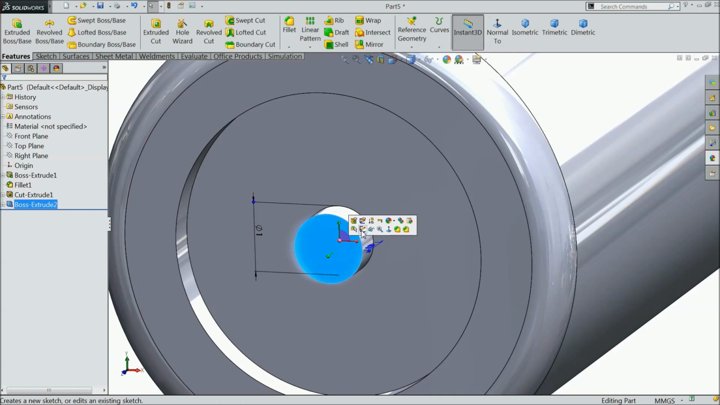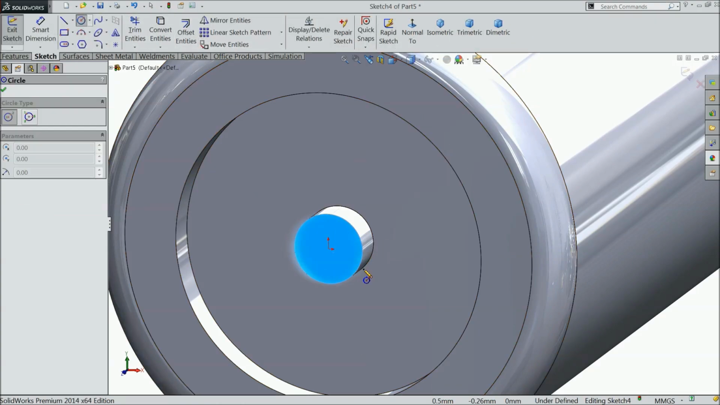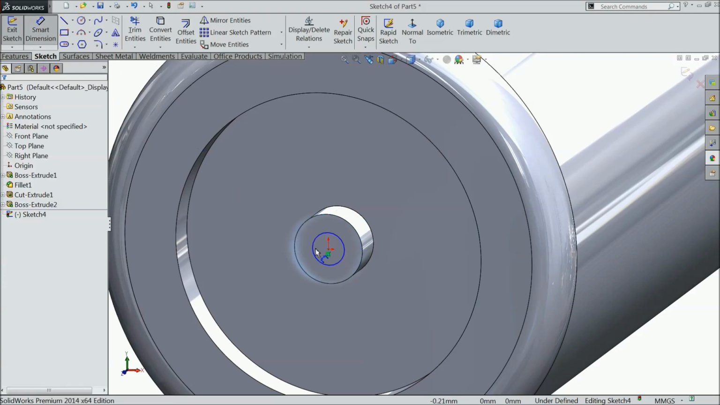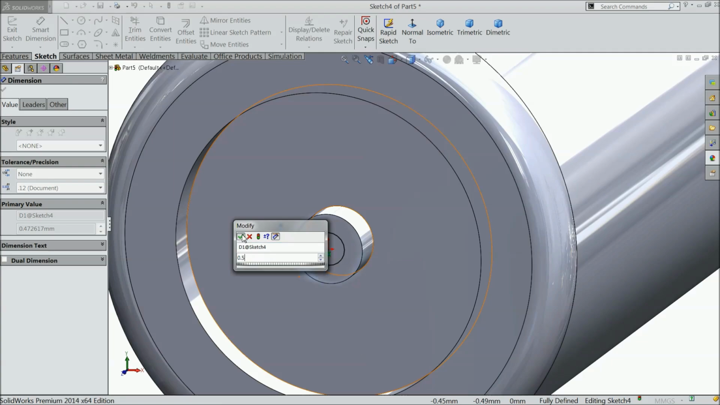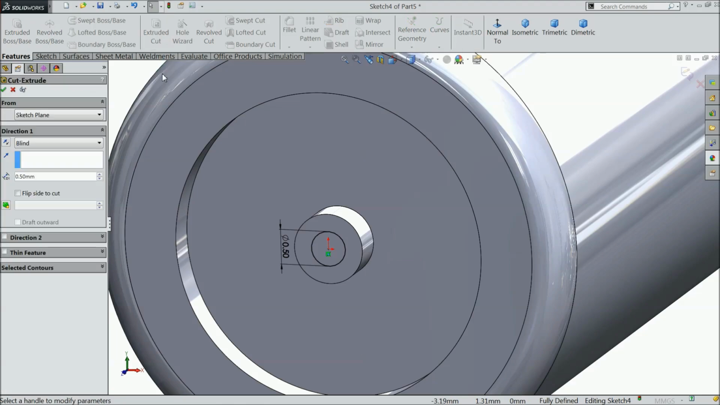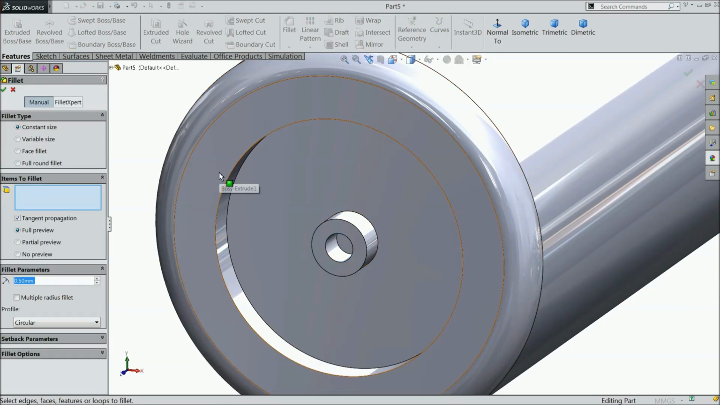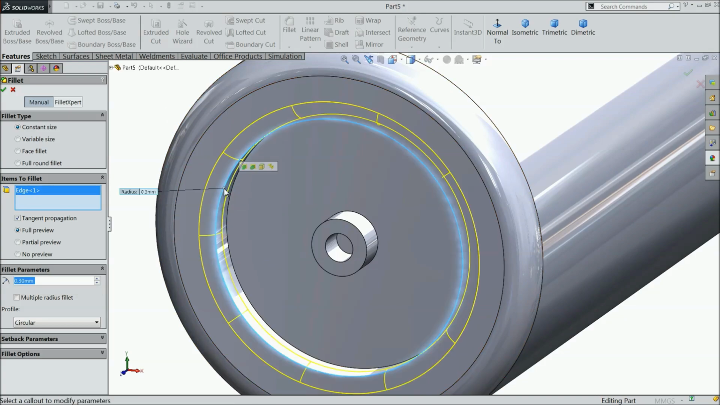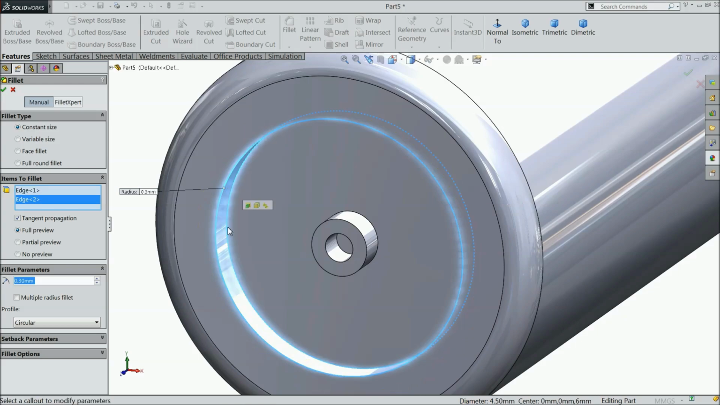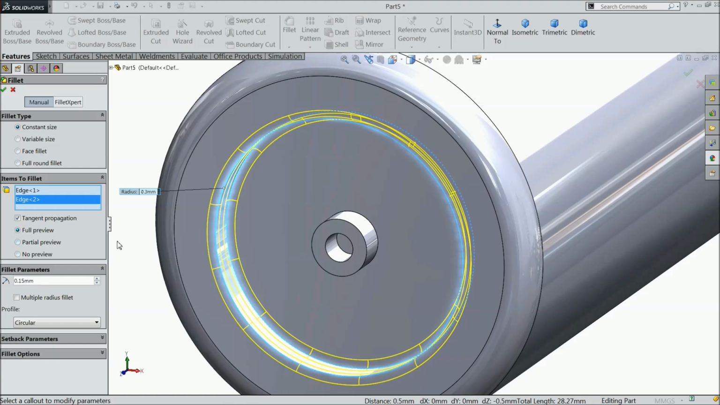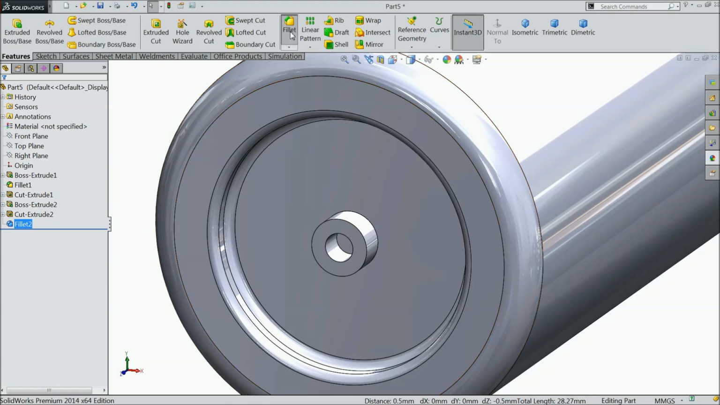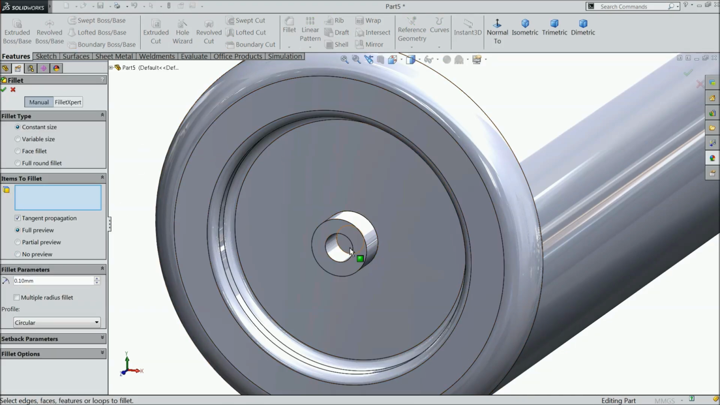Okay, again select this face, sketch, and draw here 0.5 circle. Okay, and extrude cut, keep the depth 0.5 mm. Okay, let's say fillet 0.3 mm. Let's keep 0.15. Okay, 0.1 mm, select inside edge, outer ring. Okay,